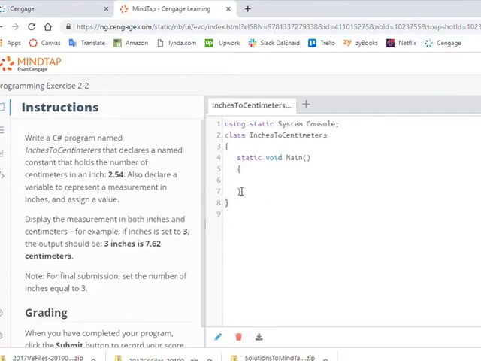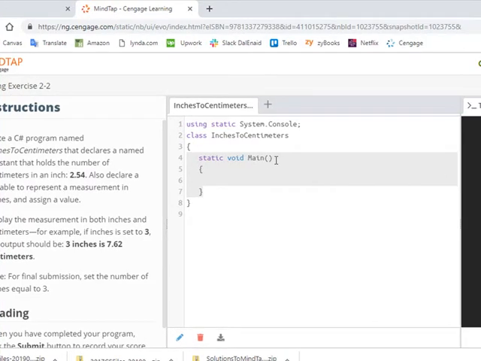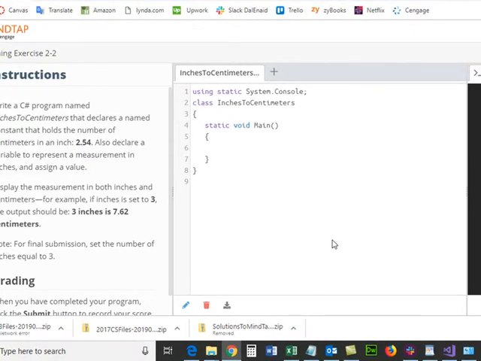So inside of our class, you'll see something called a method. It's got these two little parens on the end of the main method here. So this is our program. We have one method inside. That's the main method. Later on, we're going to have more than one method, but for now, inside of our class, we just have this one main method. And this main method is where our coding is going to start. And so the exercise says,